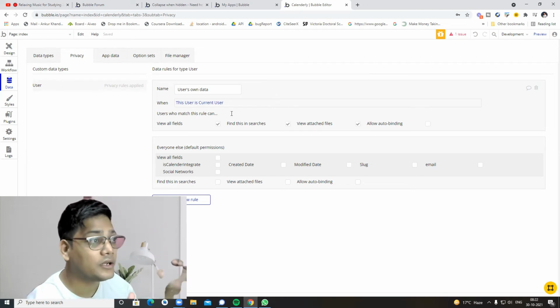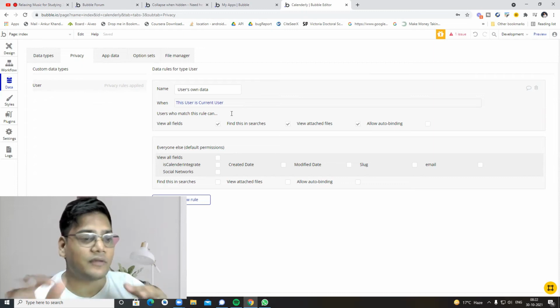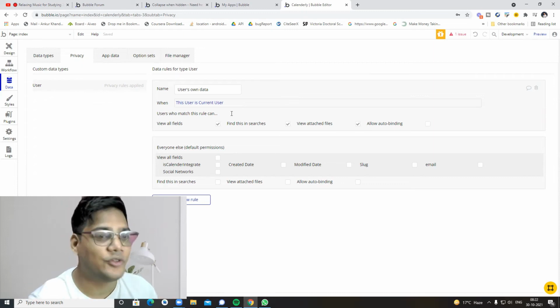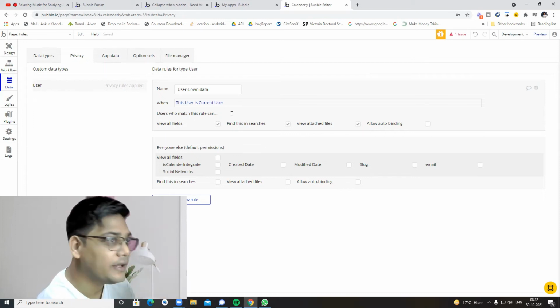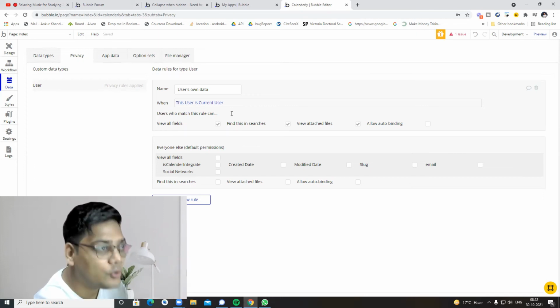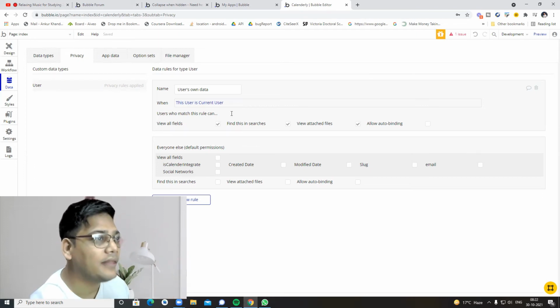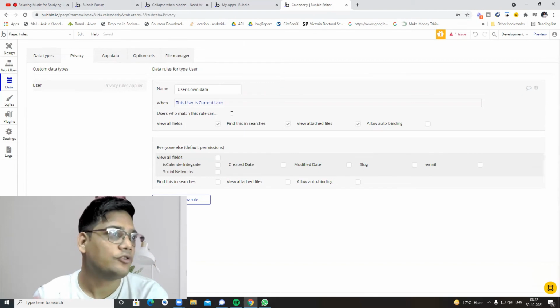So only the second row, user 2's data, will be visible, because you have put a condition like this user is current user. You are saying this user, whether user 1, user 2, user 3, user 4 or user 5, is current user. Only the second condition is matched: user 2 is the current user. So this is privacy.